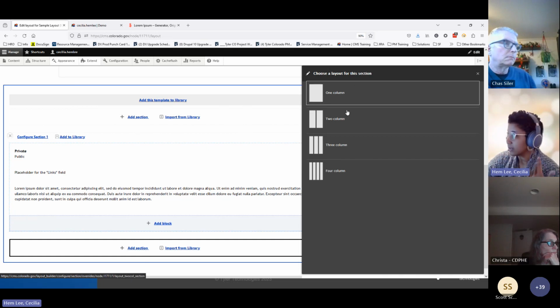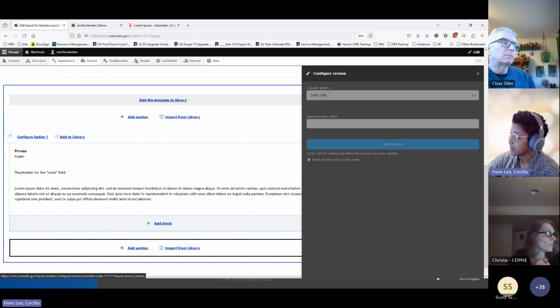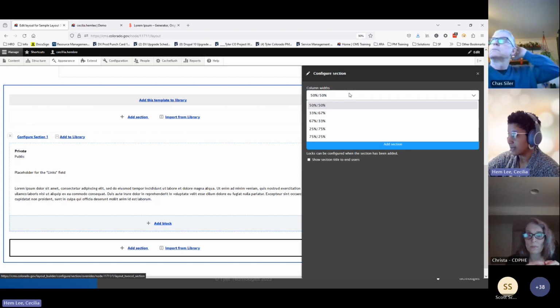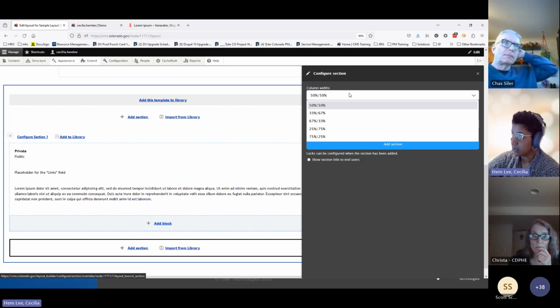If I wanted to add a section here, this dialog is going to populate towards the right-hand side, and I could determine how many columns I want to have. This can always be modified, but it will allow me to select the number of columns that I have. Once I select the number of columns, it's going to ask me for the distribution of those columns within that section. So if I wanted it to be distributed equally, which is language that we use in rows and cards,